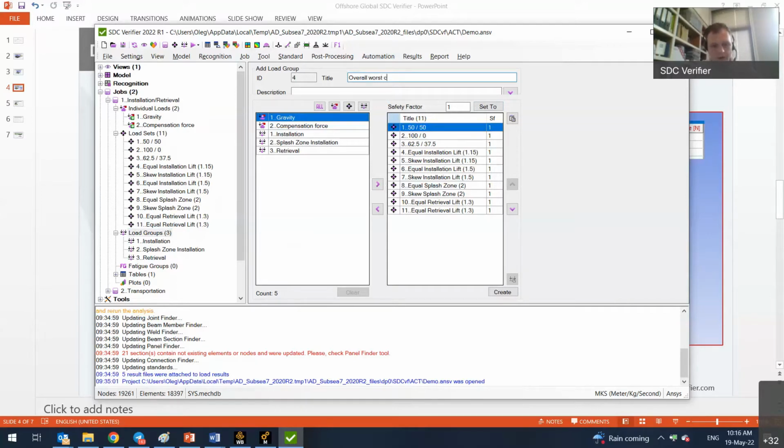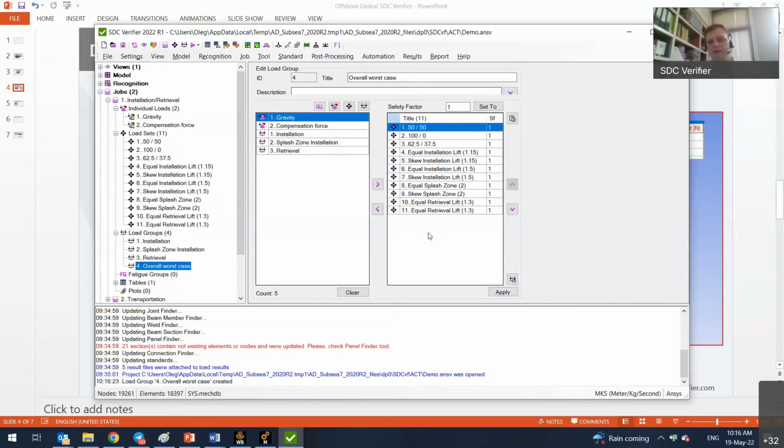worst case. For those who are not aware of SDC Verifier combinations, load sets are linearly combining the separate influences of your FEA solution, and a load group is showing the overall maximum of everything that's included in the load group. So here I can study every single influence on my model. Here I can study the combinations, and with load groups I can study the worst scenario of everything that's included